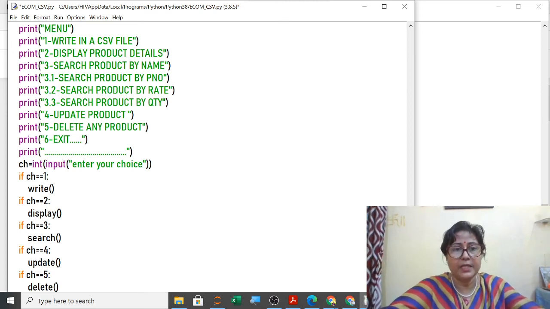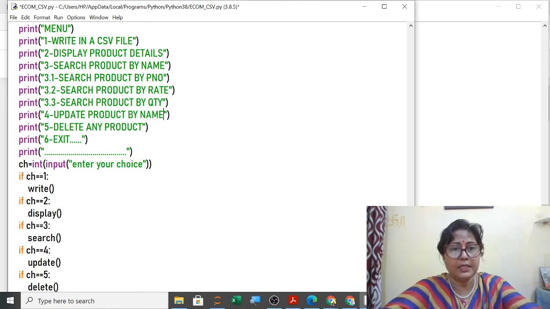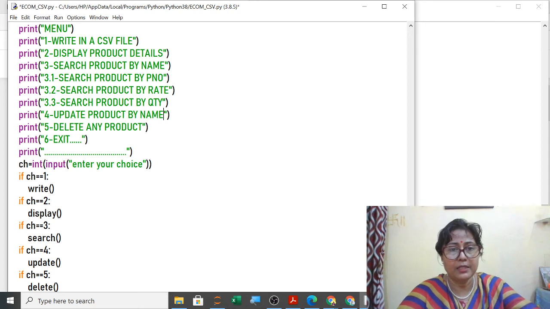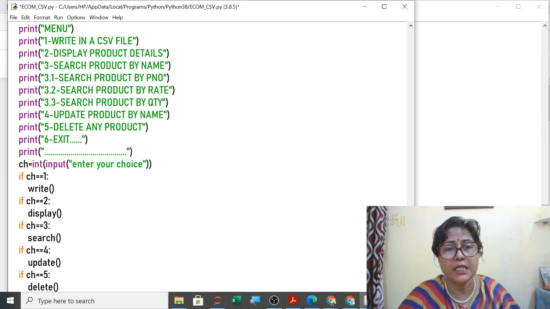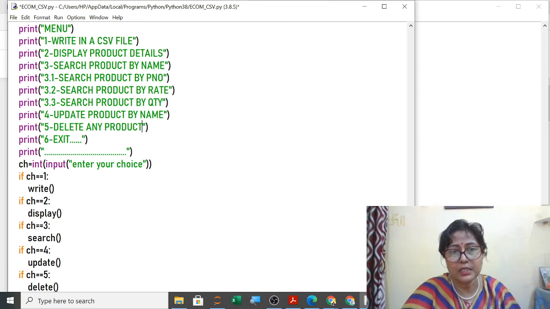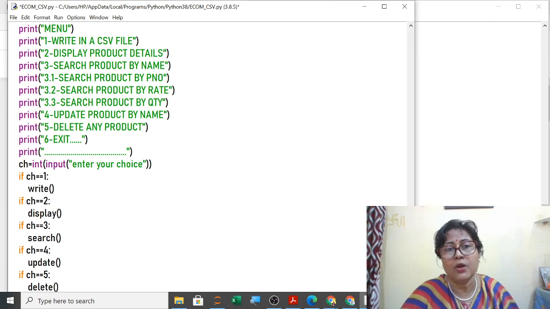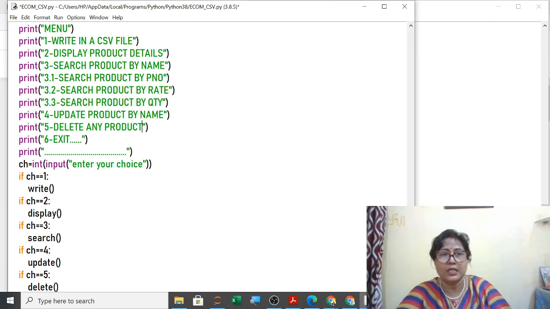Here you have updated by searching by name, and you can update by product number, product rate, quantity, and so on. Same way, you have deleted a product by name: you asked the user to enter the name and you are deleting. And if you want to delete the product by product number or product rate or quantity, you can delete it.